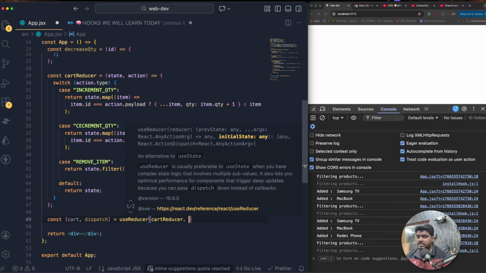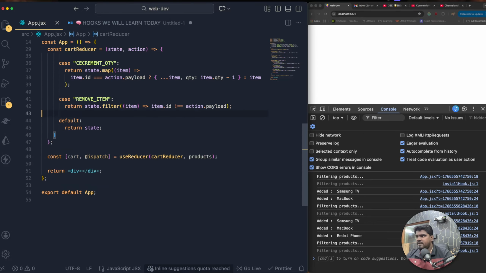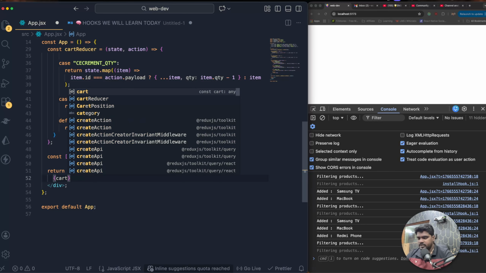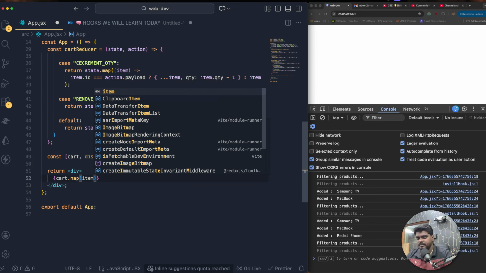Then I need to supply the initial values which we do have in our state, which is the products itself. Okay, so now we have that cart and the dispatch. Then what I have to do is render the multiple items with their names and quantity, and we are going to give it a button to do some actions with it. So right after here I'm just going to say cart dot map, use the map function, open it, get the item, then